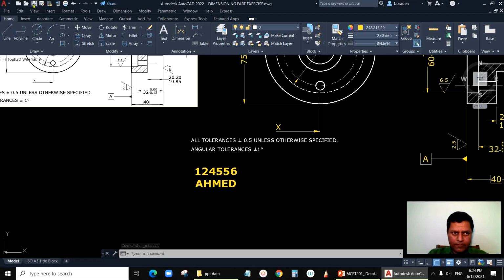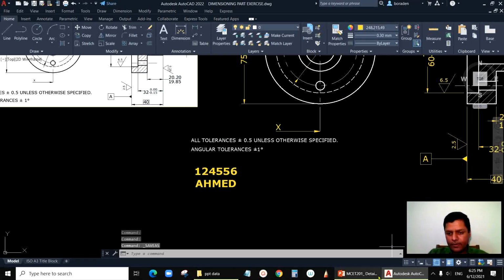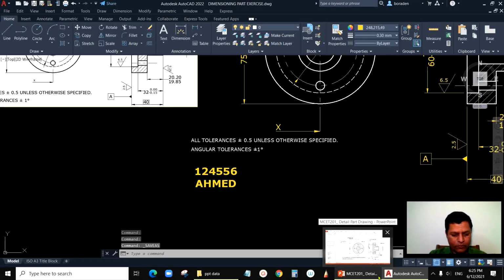Save your file. You should have already given the file name. I already have the proper file name and location, so just save. If you are not satisfied with the location, or you don't know where you are saving, use Save As. Go to the proper location and save your file. So with this we are